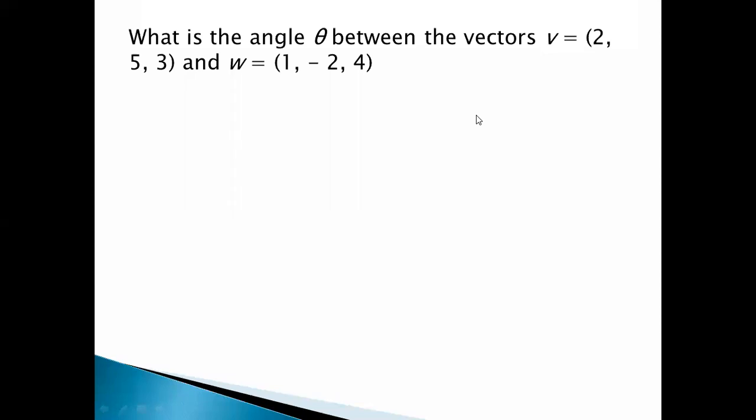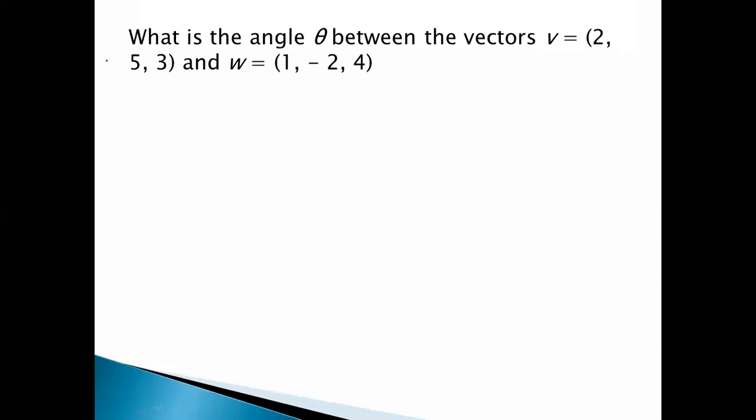Okay, how to solve this example? How to find theta? Dot product formula: A bar dot B bar is equal to mod of A bar mod of B bar cos theta. Yes, correct. We can use the dot product.